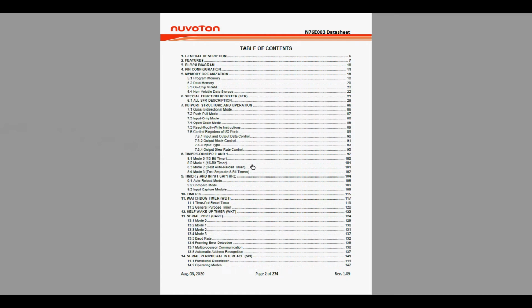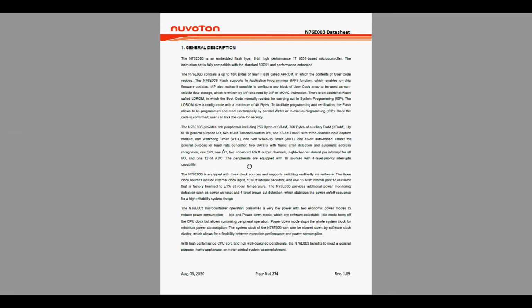Okay, so we have the data sheet. Whoop, switching page by page. So we get to page 6 before we get the general description. The N76E003 is an embedded 8-bit high performance 8051 based microcontroller. Fairly popular architecture for anyone who's programmed Intel before. 256 bytes of SRAM, 768 bytes of auxiliary RAM, 18 general purpose I/O, two 16-bit timer counters, one 16-bit timer 2 with 3-channel input capture, a watchdog, self wake-up timer, one 16-bit auto reload timer 3,